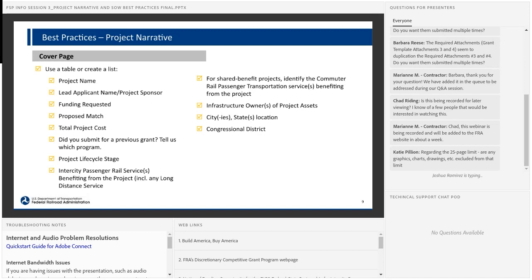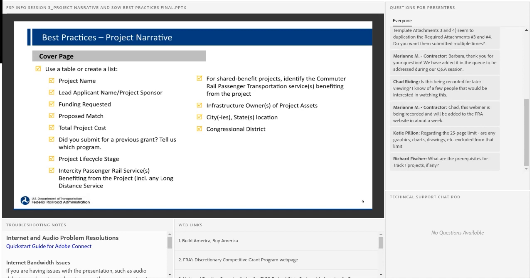The information we would like to see covered in a cover page also includes the lead applicant name, project sponsor, the funding requested, proposed match, total project cost, whether or not you've submitted for a previous grant, and please state if it has been submitted to another federal grant program or if portions of the project have been funded from other federal sources.